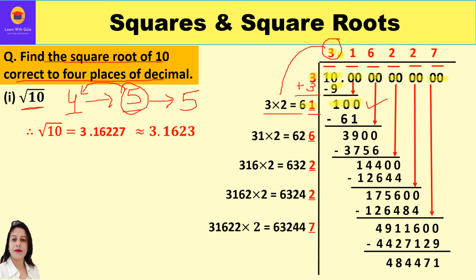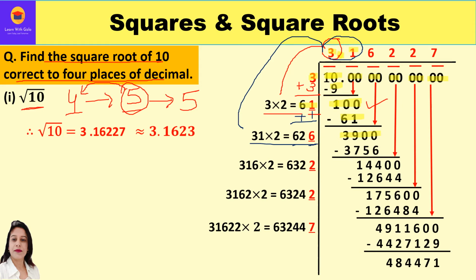61 is the divisor, 1 is the quotient, product I will get 61, 100 minus 61 is 39, further bring down 00, that is the next period, right? So now new dividend is 3900, for which we need a divisor. Now new quotient we have got is 31. We will take 31 and double it. So 31 into 2 is 62. Keep a blank over here. Other way round, you can just add 1, the newly added quotient, and you can get 62, right? Now what should come in this blank?